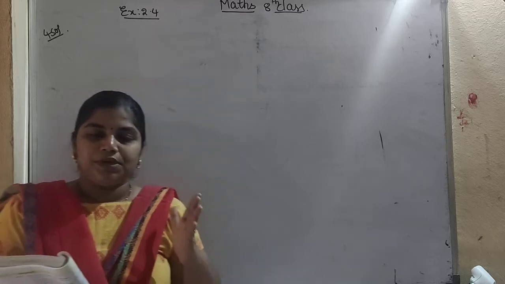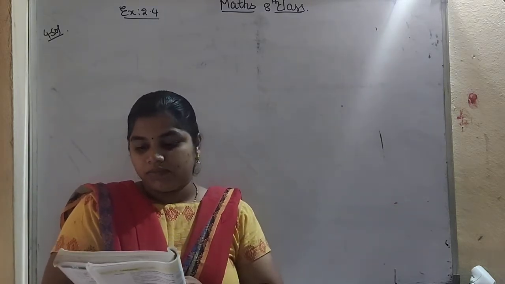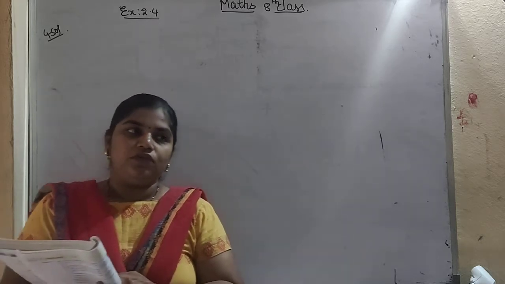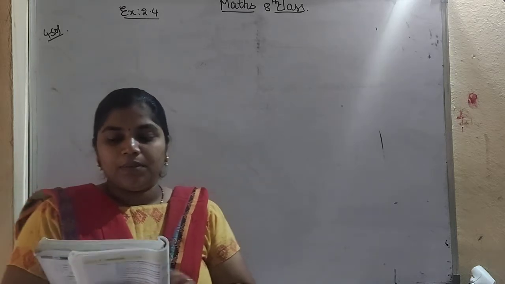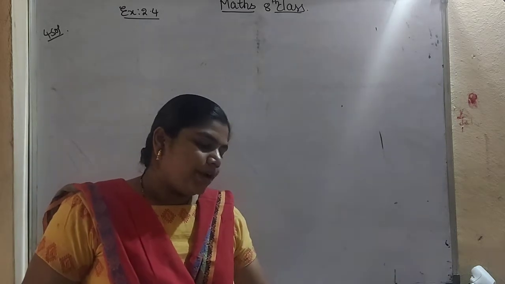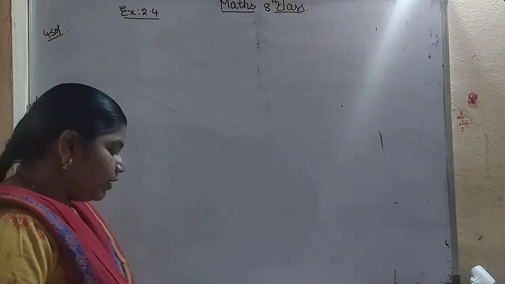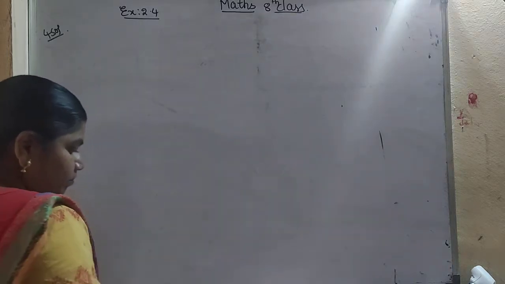So a number has been divided into two parts. One part is 10 more than the other. What is the ratio of that? The ratio is 5:3, so we can write it in the form of 5x and 3x. We have to find the number and also the two parts. So we are taking the number to be x.